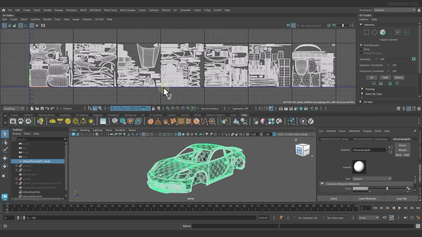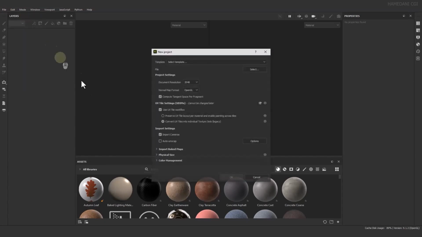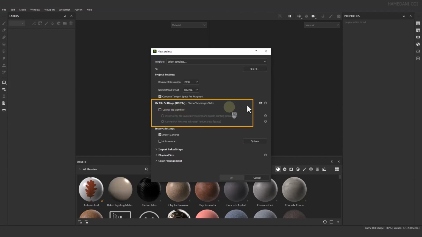If we want to import UDIMs to Substance Painter, we go to the File and New menu. And after importing the model, in the UV tile settings section, we have 2 options to import UDIMs, which I